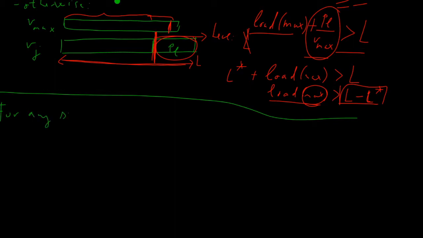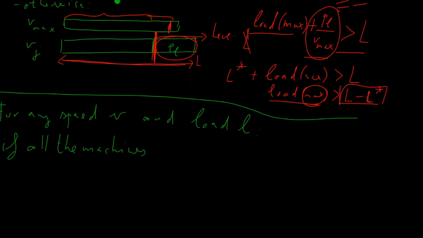any speed v, which is not necessarily a speed of a machine. It's just a variable which will be interpreted as a speed. For any speed v and say load L, if all the machines of speed at least v have a load at least L,